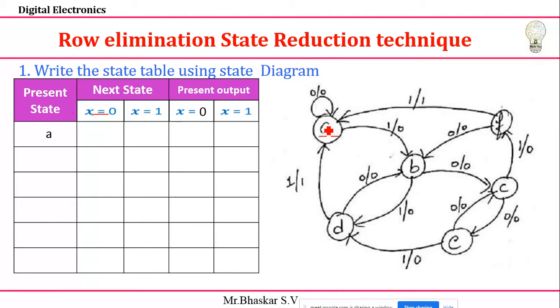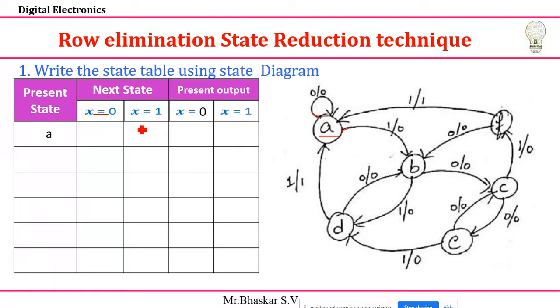See, A consists of many arcs here. This one is coming here, this is also coming here, and this is leaving from here and entering this one. First we need to identify the number of arcs leaving. There are two leaving arcs: this one is leaving and this one is leaving. These two are entering that particular state.